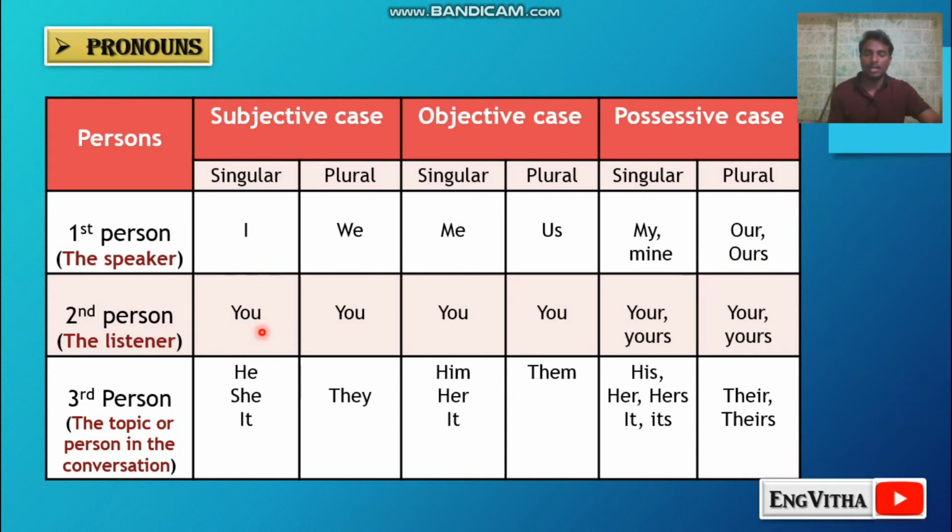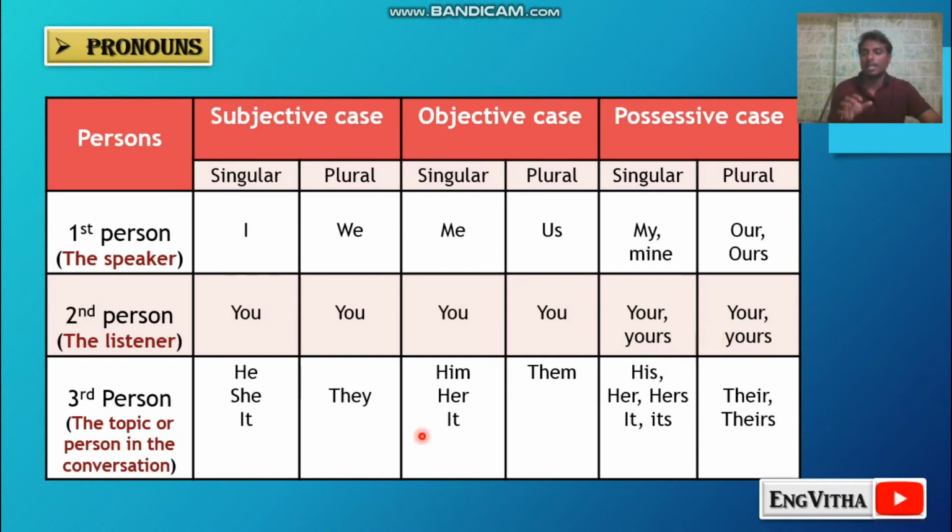And the second person in the subjective case singular will be you, and in the plural in the subjective case the second person will also be you. In the objective case the second person, in both singular and plural, will be you. And in the possessive case the second person in singular will be your or yours, and in the plural also it will be the same,